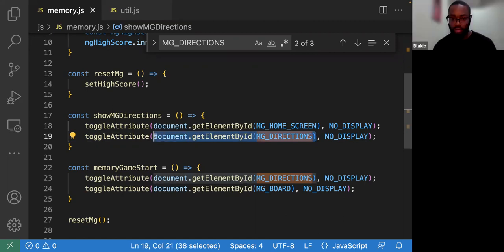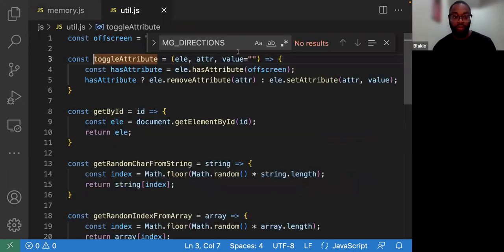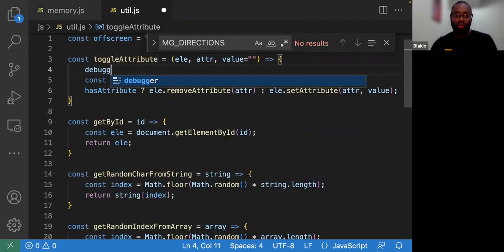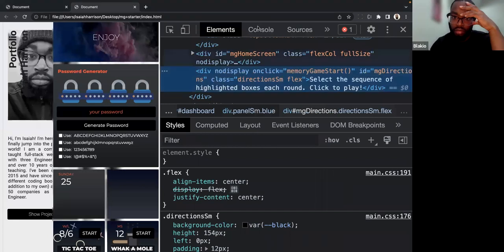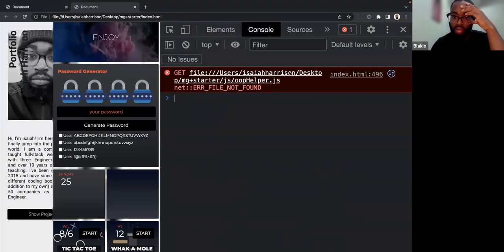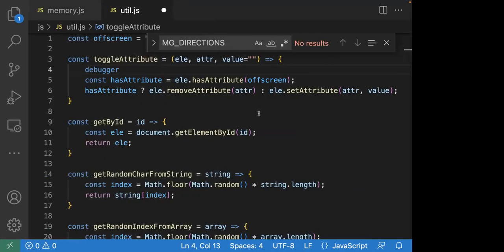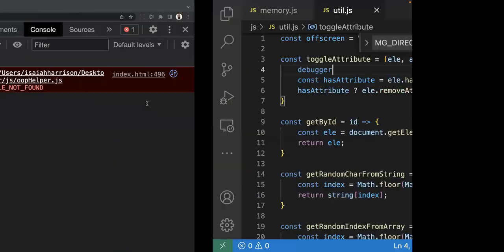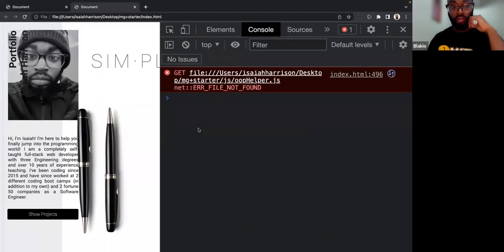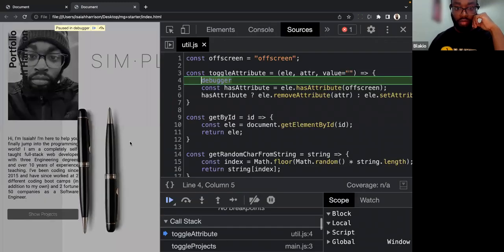So this, I passed in a document, and that. Hold on. Let me actually. What was the error? Did it say anything? This is something else. Yeah, that wasn't in the error. Let me refresh this.